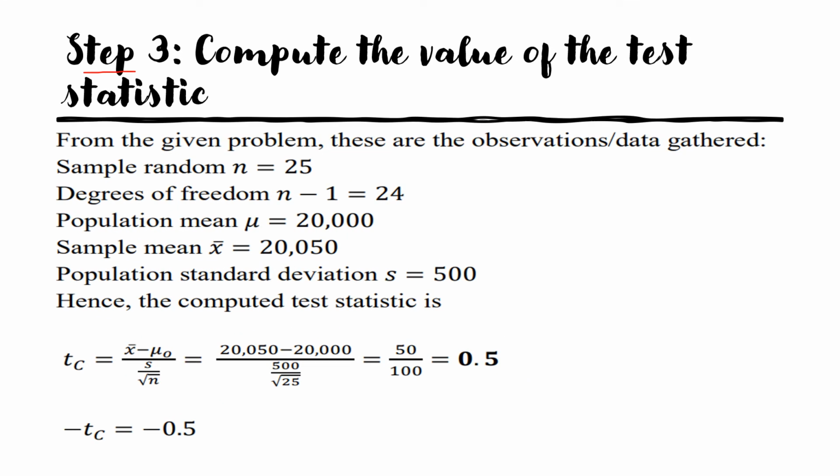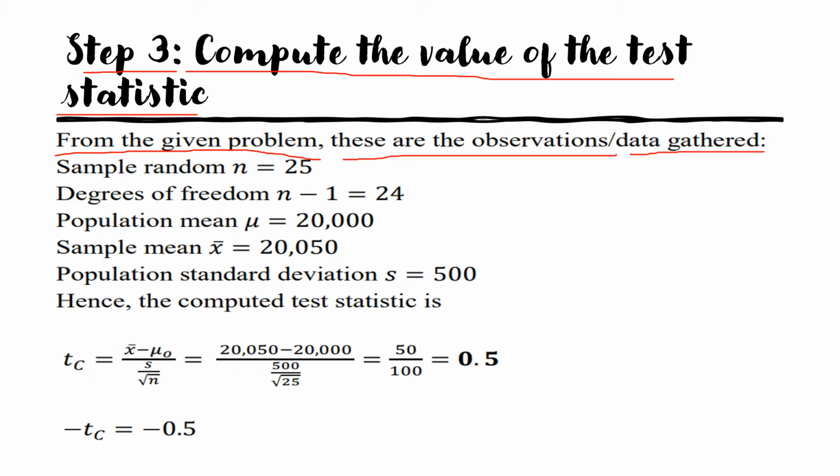So for step number 3, compute the value of the test statistic. From the given problem, there are observations, data gathered. The first is your sample size, which is equal to 25. This is a small sample because 25 is less than 30. Then your degrees of freedom is n minus 1, that will be 25 minus 1, that's why it's 24. Now your population mean is 20,000, your sample mean is 20,050, and your